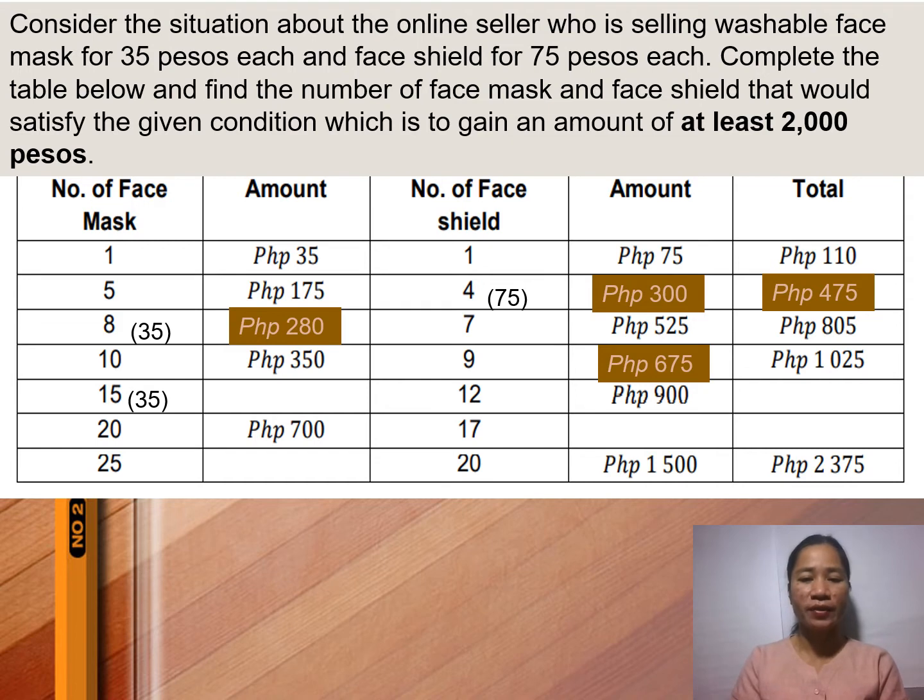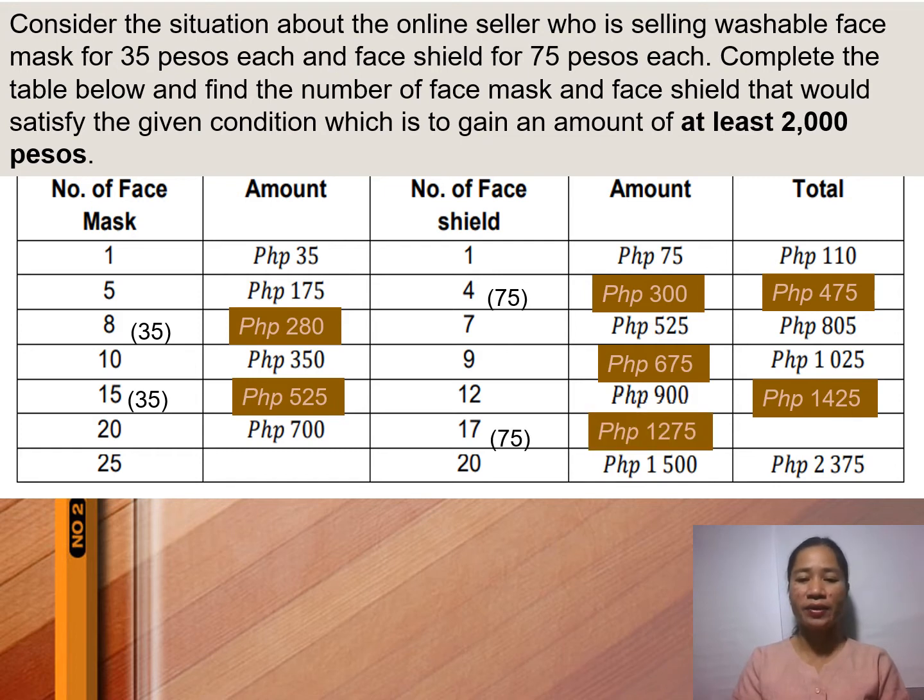15 times 35 is equal to 525. And 525 plus 900 is equal to 1,425. Next, 17 times 75 is equal to 1,275. Plus 700, the total amount is 1,975. Next, 25 times 35 is equal to 875. 875 plus 1,500 is equal to